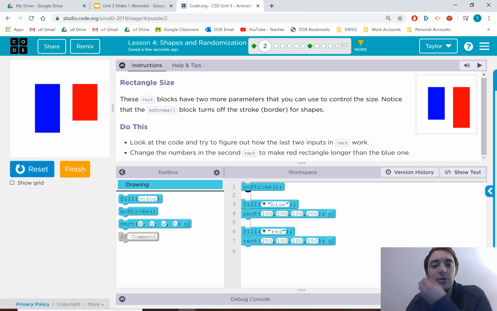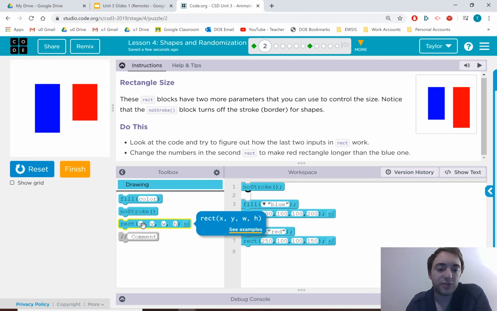So take a look at this code and figure out how to make the red rectangle longer than the blue. Again, all of these lessons will have a goal image, and you want to try to get there. Some people didn't quite do that for Tuesday's content task. It didn't look exactly like the image, and so they didn't get full points. If you want to fix that, you can go back and fix it by Sunday, and I'll change the grades.